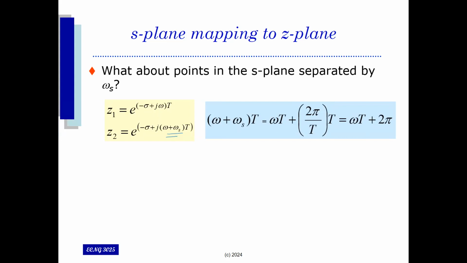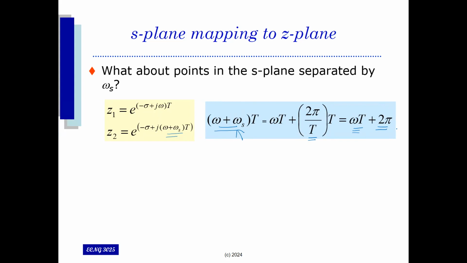I have to expand that a little bit. Right? Notice here that omega plus omega s, times T, is omega T. And remember, omega s is 2 pi over T. This is the sampling frequency here. The T's cancel, so that you get that this now is just the same omega T that you had before